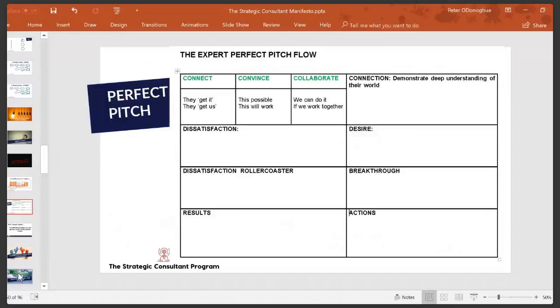A good soap will lead you through a journey of an emotional roller coaster, and that should be the same as a pitch. Most consultants are quite analytical and educational based in their approach, so it's a straight line. Here's your problem, here's this, if they can articulate that, and here's what we've got to do. But sometimes you have to take people through this dissatisfaction roller coaster, make them feel the opportunities they're missing, make them feel the pain that they're in. And then, of course, what's the big breakthrough and what are the results, and what actions do they clearly need to take. So this is a model that I use with my clients to walk through the creation of a